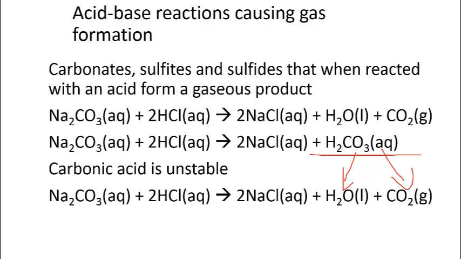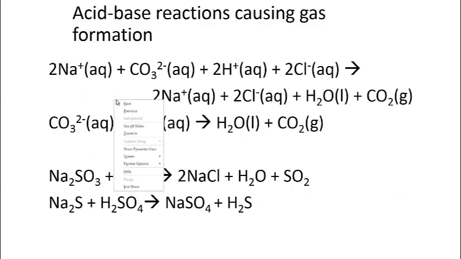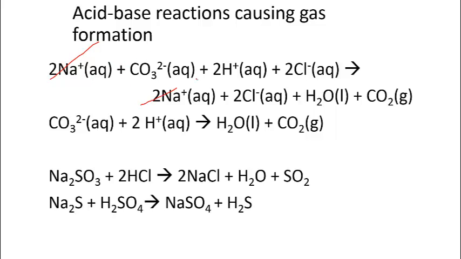So, the result of the combination of sodium carbonate and HCl is shown here with the following molecular expression, where carbonic acid has decomposed into water and carbon dioxide gas. If we write our expression in net ionic form and cancel out the ions that appear on both sides of the equation, which are sodium and chlorine, we can obtain the net ionic expression for a combination of sodium carbonate